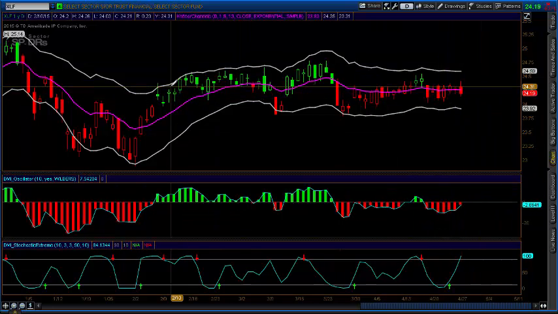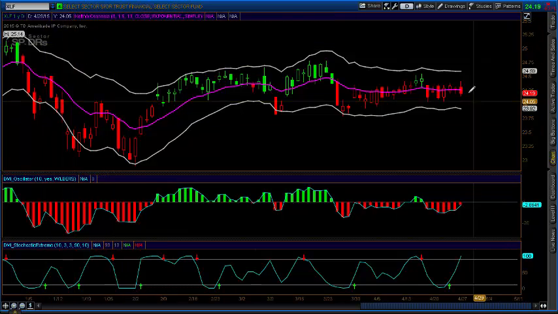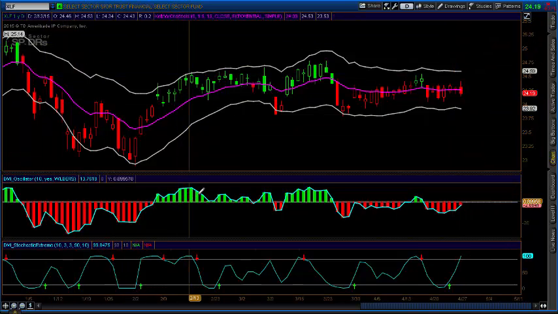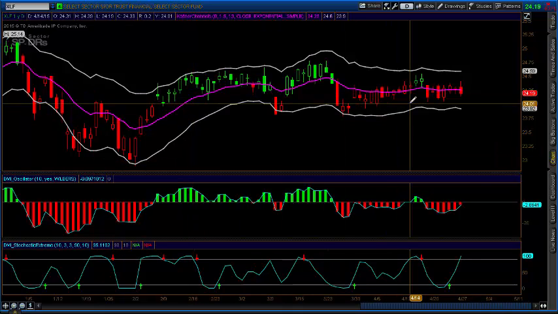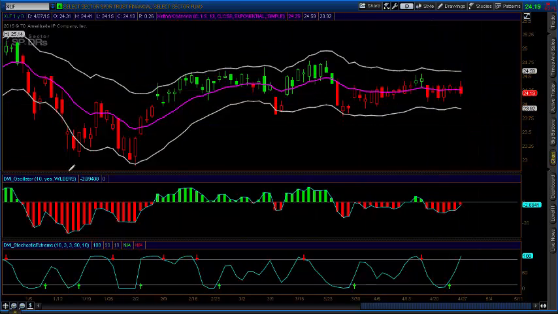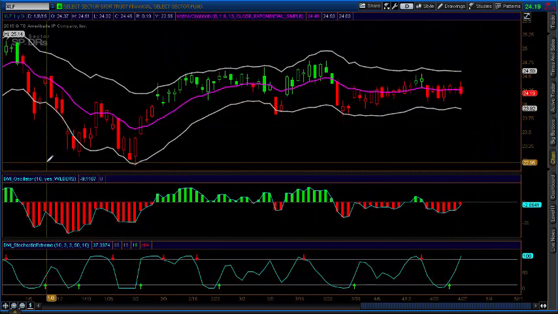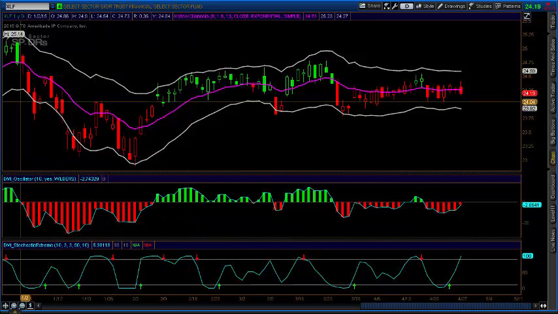I think what we really are looking for, for bulls at least, is for the financials to get going, and that would help the market. So right now that's not happening. If the financials stay range bound, I think the S&P stays range bound as well. So what I'm going to be looking at possibly tomorrow, if the selling starts to pick up a little